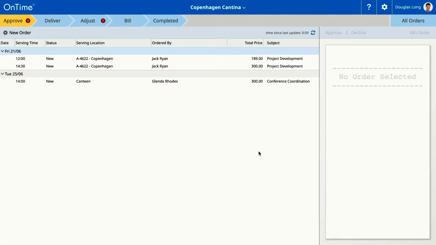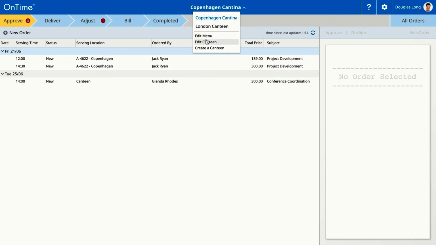With OnTime Catering, you can very easily create and manage canteens from the Catering Manager if you have the rights to do it. All you have to do is use the drop-down menu in the top. I'm going to show you how to create a new canteen and explain the different things that need to be filled out. So, clicking up here, I can see that I have my different canteens in the top, which I